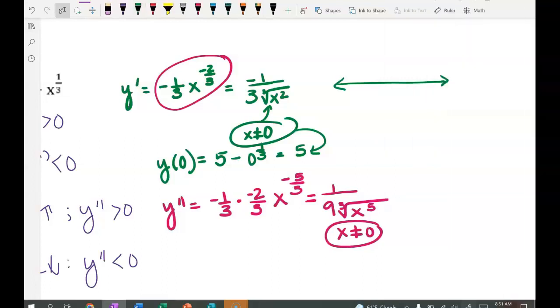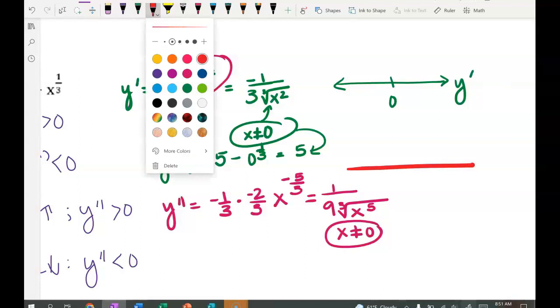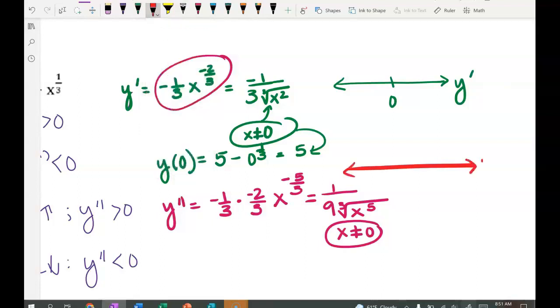Oops, we only have one x value to use, guys. So it's going to be x value. This is the first derivative, and then I'm going to make another number line for the second derivative right below. Oops, right below it. This pen is way too fat. Right below it. And then again, the x value should be exactly the same for the first derivative, second derivative, or